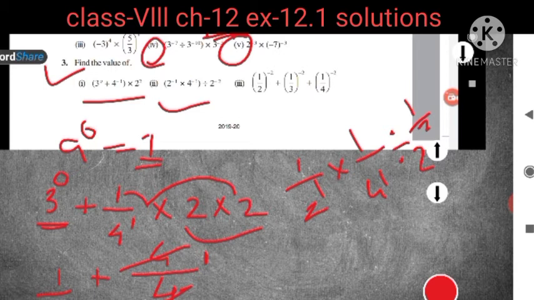So after finding them, what will you do? You will just find a value, and if it is divide, then you will do divide. If it is multiply, then you will do multiply, isn't it? Fraction divide you already know, isn't it? Fraction divide we have already learned. So if it is fraction divide, then it will become reciprocal.